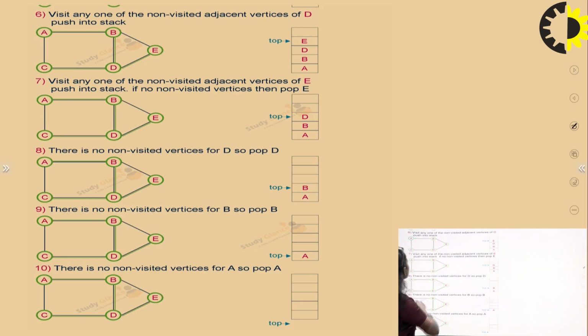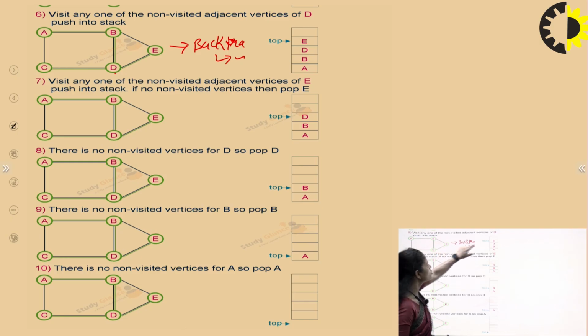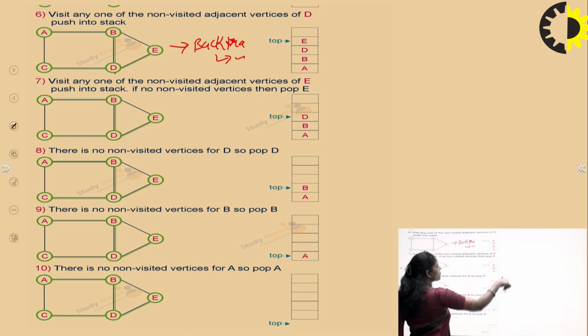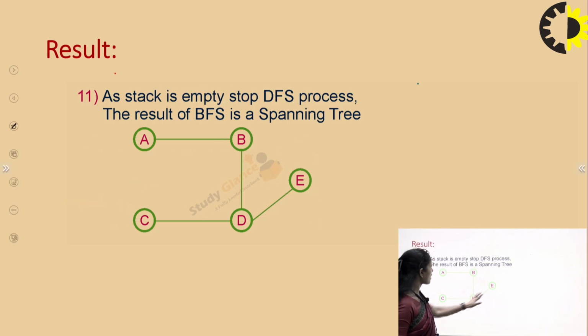That means here we are implementing the concept of backtracking. So backtracking is nothing but returning to the last visited index of the graph, right? So after deleting C, we are pointing to this particular index D, and here we have a connection from D to E. So we visit the non-visited vertex E, and we add it in the stack. Next, we again check it. Do you have another vertex which is non-visited? No. So we are popping elements one by one from the stack until the stack is empty. And after this, we have this particular graph.